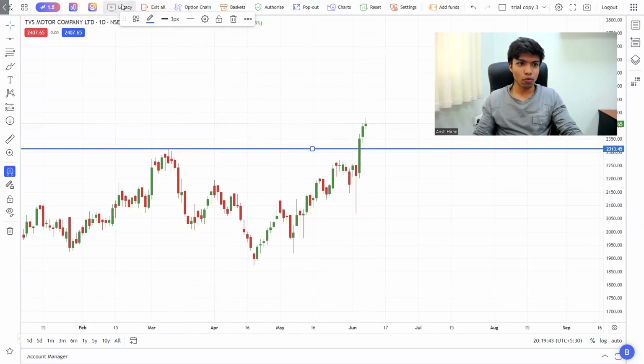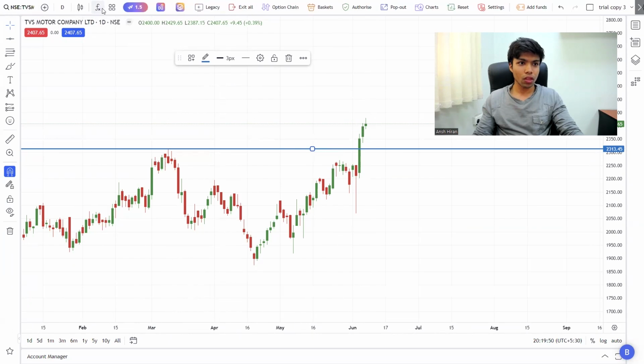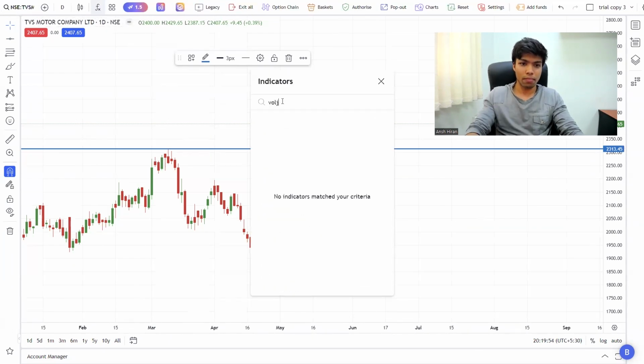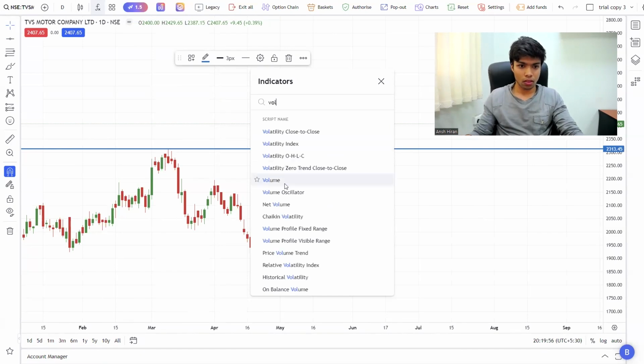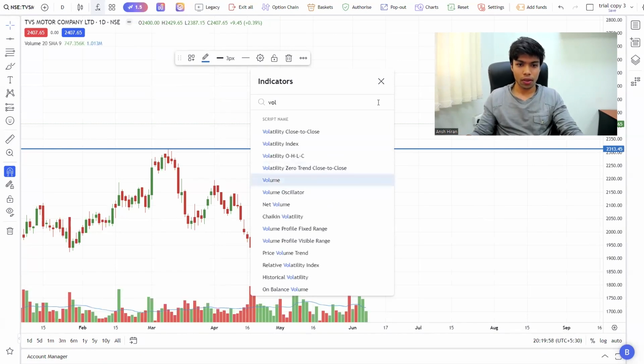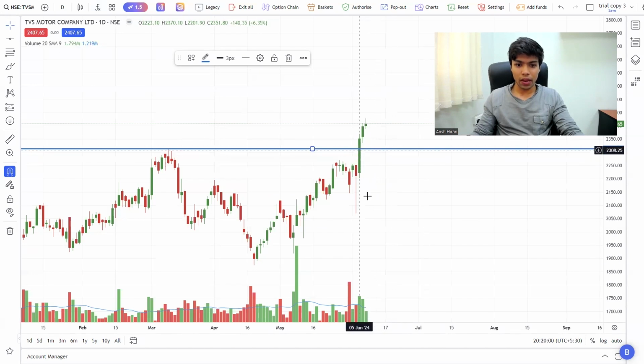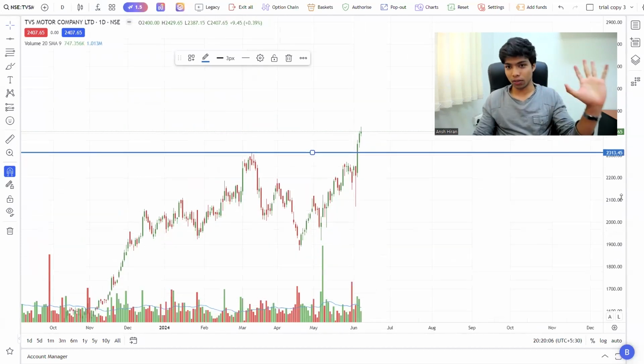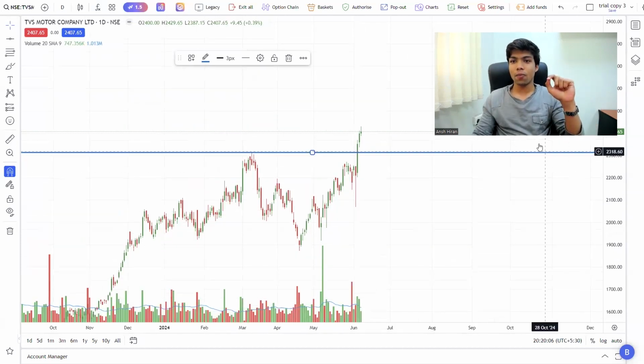Okay, if I put volume over here, you guys know how to use volume. So if I place some volume, I'll go to the FX and I write VOLUME. Okay. So can you see there is a breakout with increasing volume, which is a good sign for TVS Motors. Should I buy? Should I not? We'll talk about that. Don't worry. But as of now,